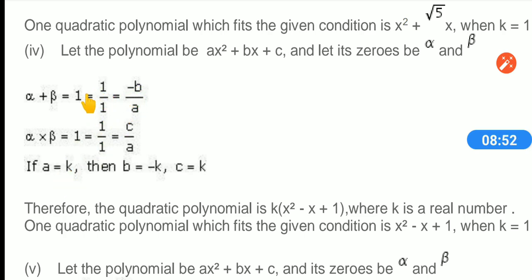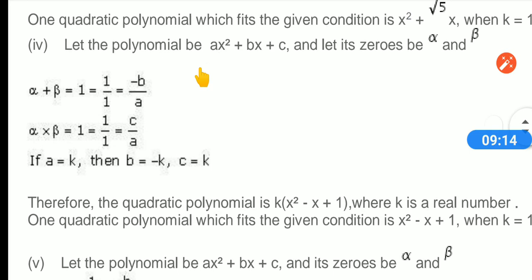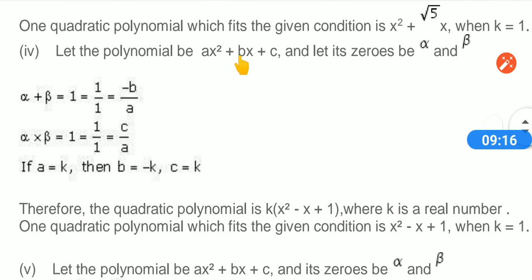Minus b means 1. So b means minus 1. So b is a multiple of minus 1. It can be written as minus 1 into k, means minus k. In the place of c you are having 1, means c is a multiple of 1. So you can write 1 into k, means k. So the values of a, b, c are k, minus k, k. You have to substitute the values here. In the place of a you can write k. It becomes kx square. Plus in the place of b you can write minus k. It becomes minus kx. In the place of c you can write k. So it becomes kx square minus kx plus k.